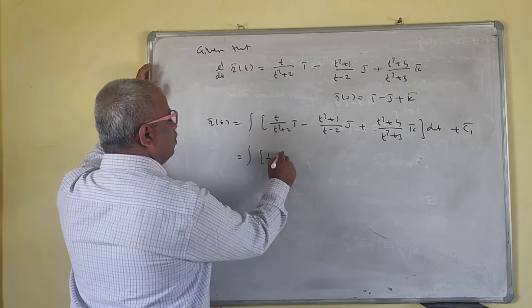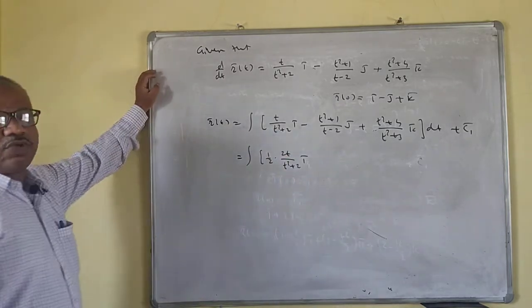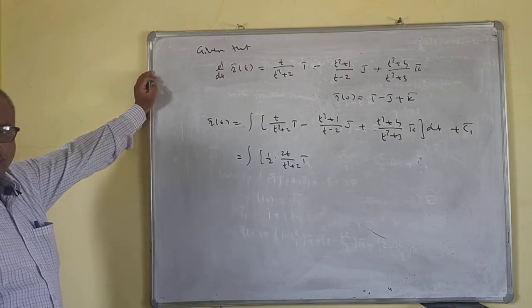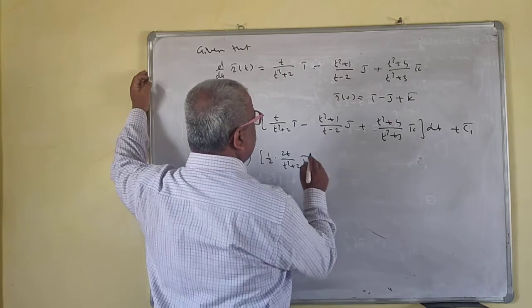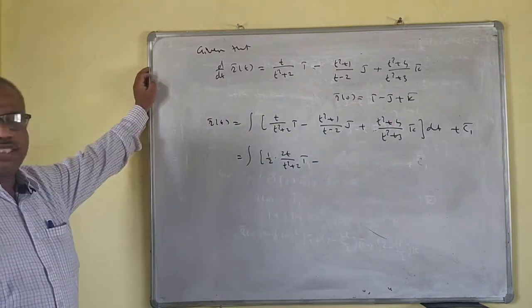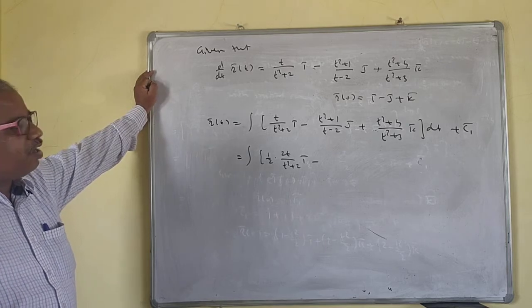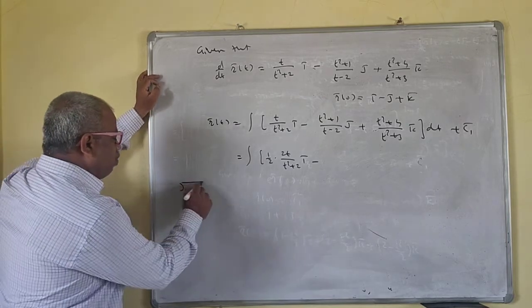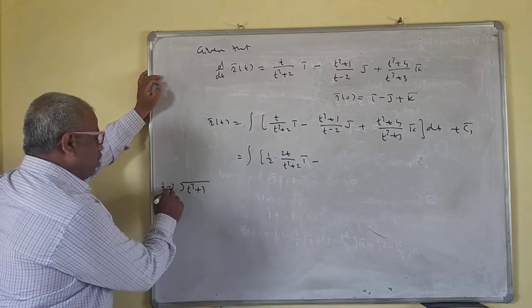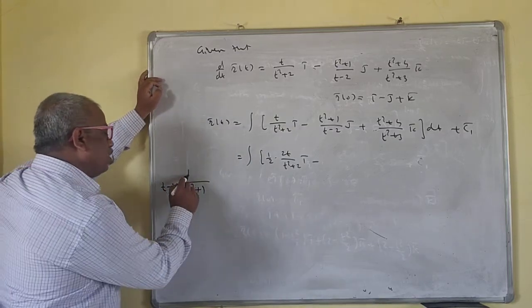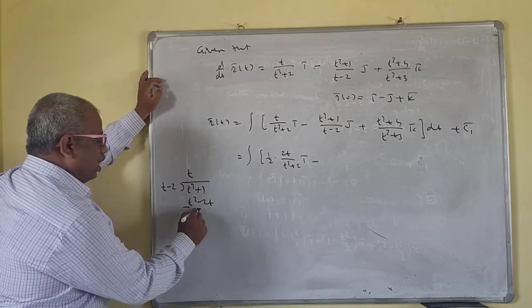This is 1/2 of 2t upon t square plus 2 I bar, since the derivative of the denominator is the numerator; we will arrange this. Now here, minus t square plus 1 upon t minus 2. The degree of the denominator is much smaller, so you have to do this division as a rough calculation. Divide by t minus 2. You don't want t square, so multiply by t: t square minus 2t, then change signs.